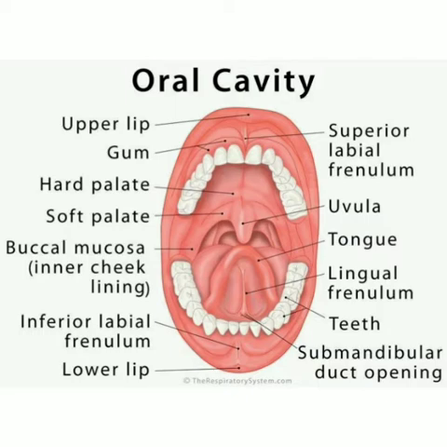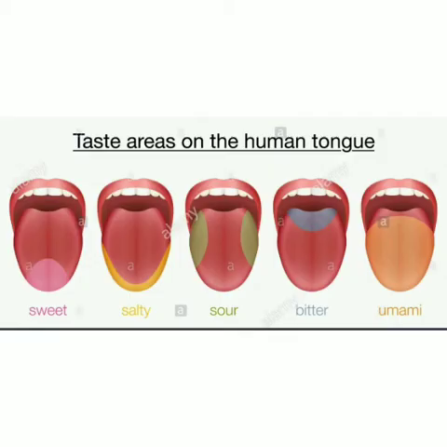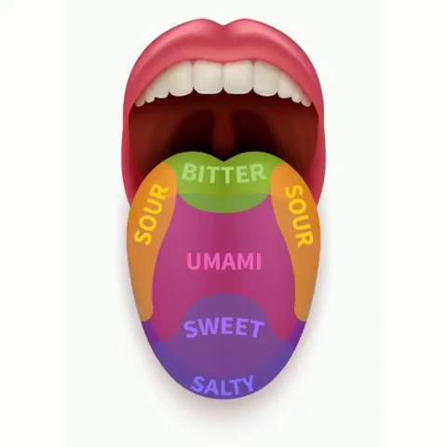In this class, we are going to study one more organ involved in digestion which is present in the mouth, and that is the fleshy muscular tongue. This fleshy muscular tongue is attached to the back and the floor of the buccal cavity, and it is free to move in all directions. There are two types of tongue, one which can be rolled and the other which cannot be rolled. It is one among the genetic characters.